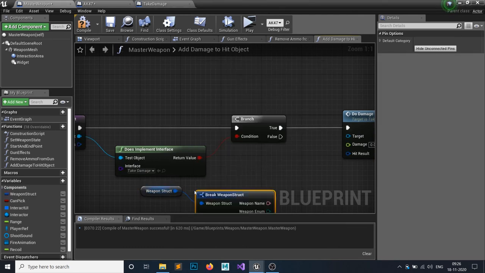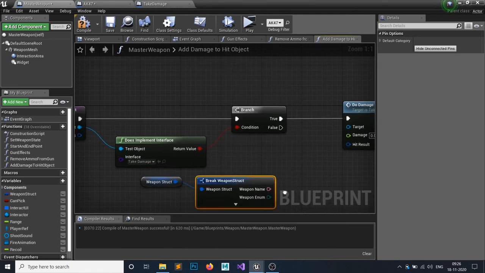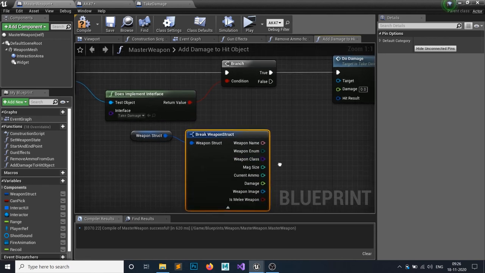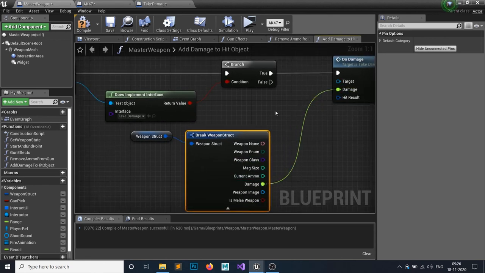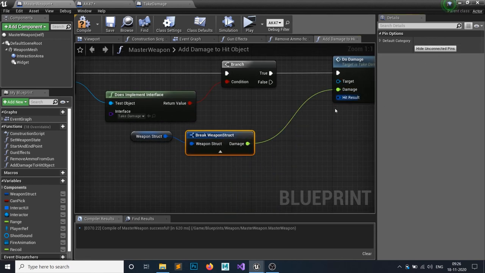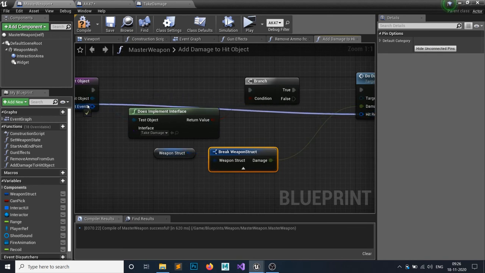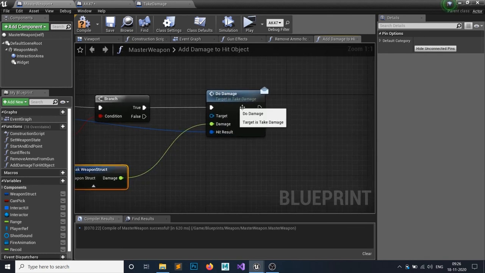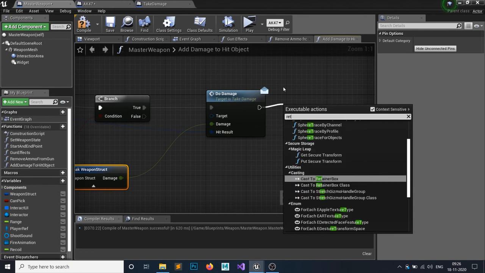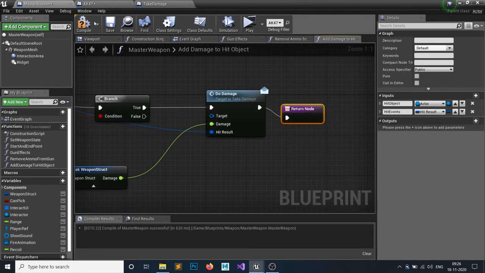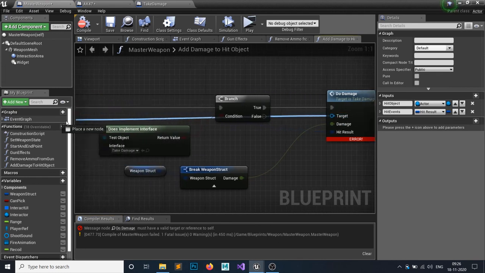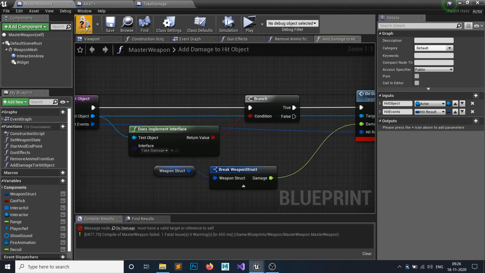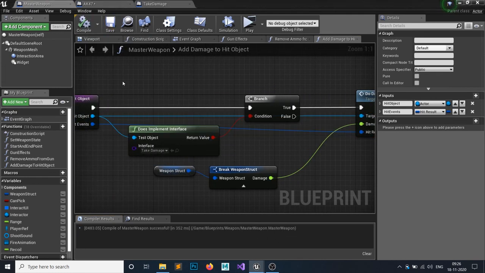So let me break out the weapon damage, this. Let me hide this, and the hit results are simply this guy. And I will simply return it. If you don't return, that's all good. Okay, we have to provide the target, this guy, hit object, hit compound. So I think we have done all the things.